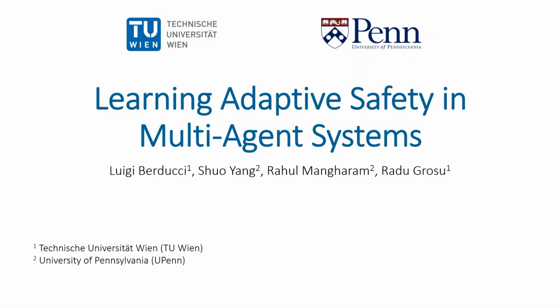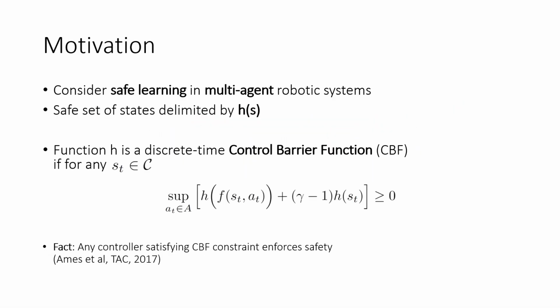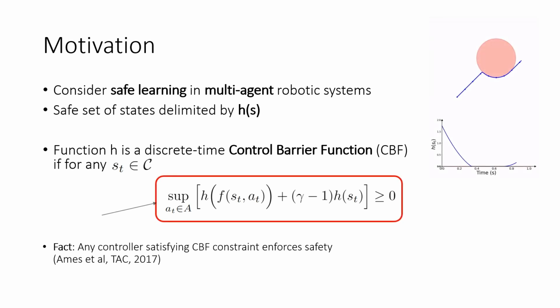We present learning adaptive safety in multi-agent systems. We consider the problem of learning a safe controller in multi-agent systems where the safe set of states is delimited by a control barrier function h. The CBF enforces safety through the following CBF constraints. However, apart from the design of the CBF itself, the class K function plays a significant role in the emergent